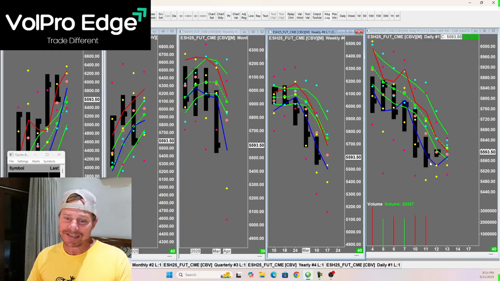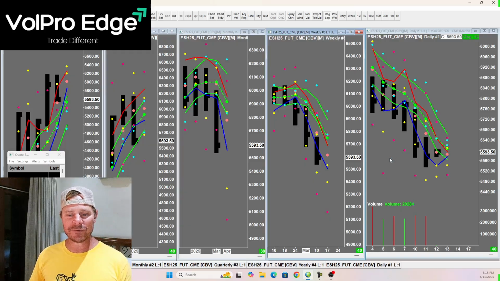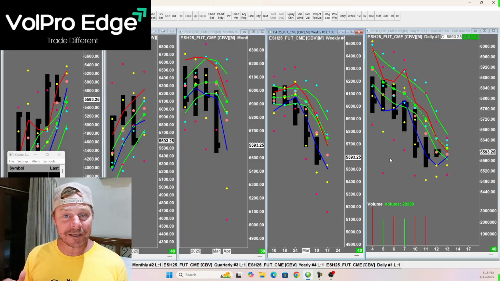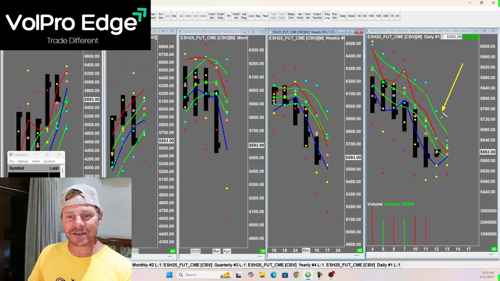Let's get into it. What do I expect here with ES? Well, the weekly and the monthly are still pretty much in free fall. I have to think at this point that rallies are going to continue to be sold, but I also wouldn't write off a potential bounce here, right, guys? Because we've just gone straight down, and at some point, you're going to have people coming in chasing this market, and then it's going to squeeze, right? We all know how that works trading the indices, ES, especially NASDAQ.